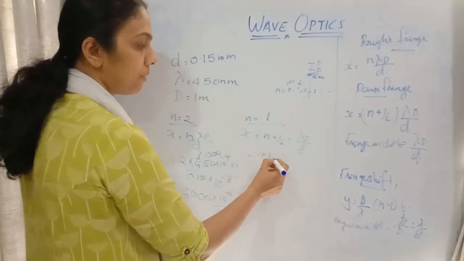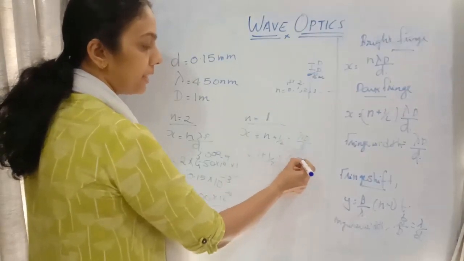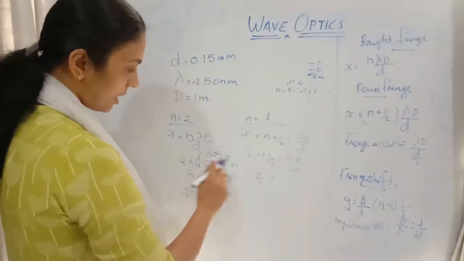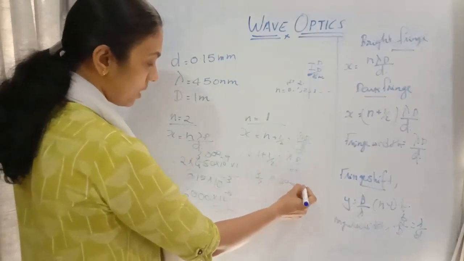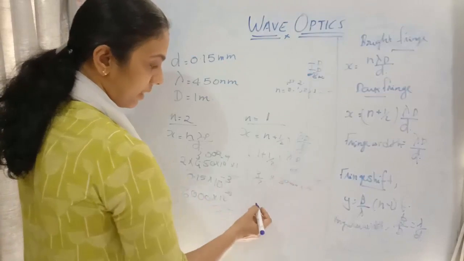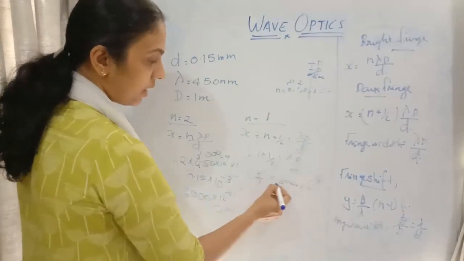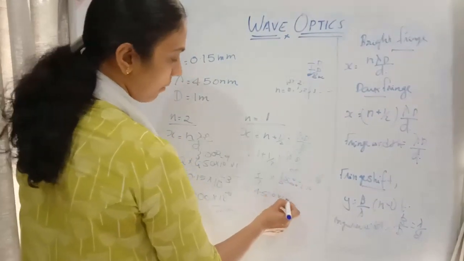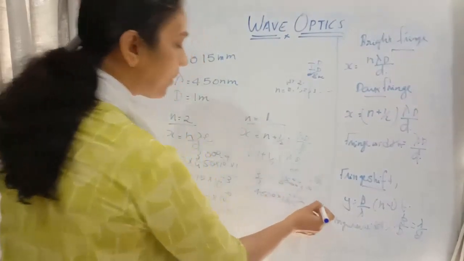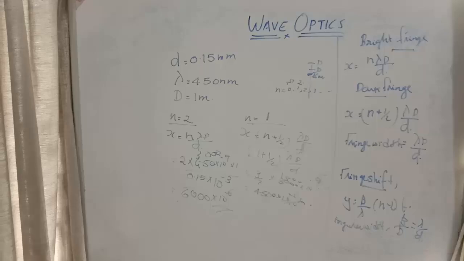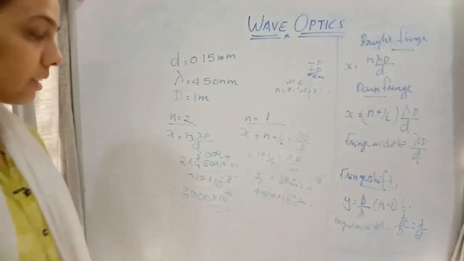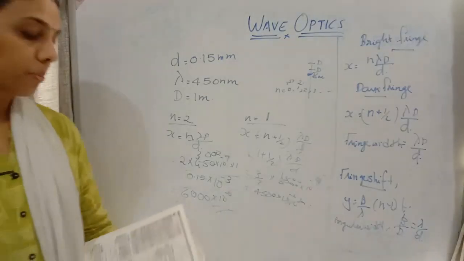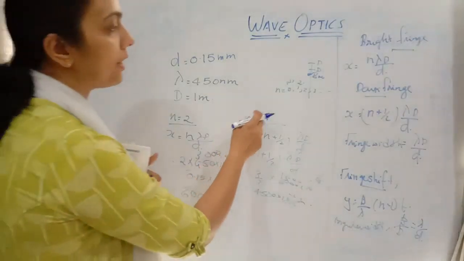1 plus half into lambda capital D divided by small d. So 3 by 2 into lambda capital D divided by small d, we already got it as 3000 into 10 to the power minus 9, minus 6. So here you will be getting it as 4500 into 10 to the power minus 6 meter. So this is how we will get it, 45 nanometer also if you want you can write down, and here also the same way. Okay, clear children? So this is about the position. Here this point you should take care.